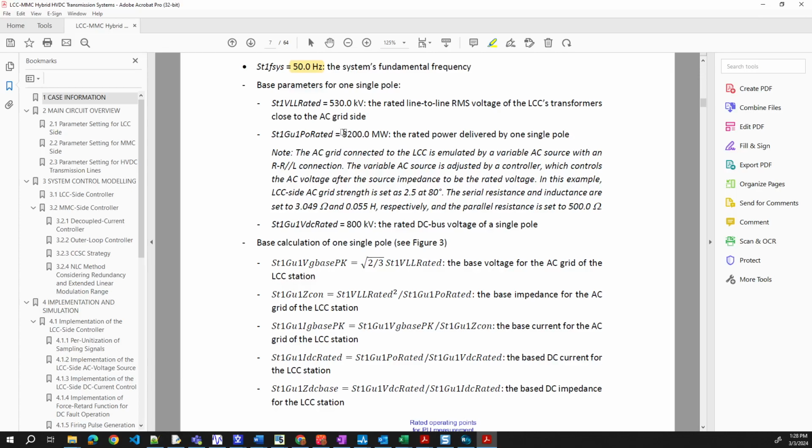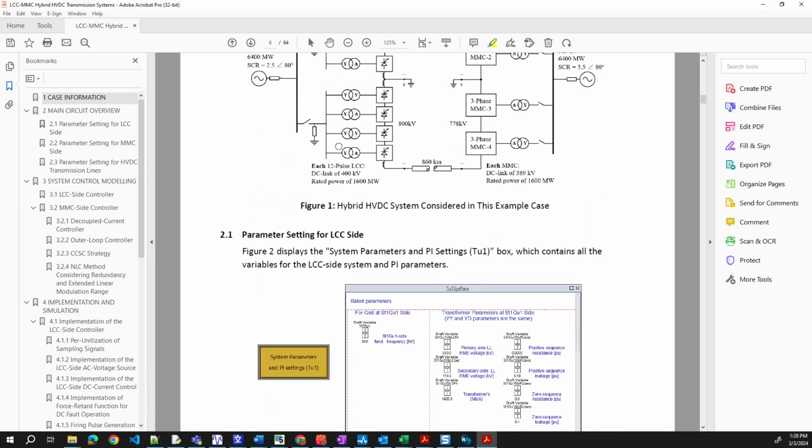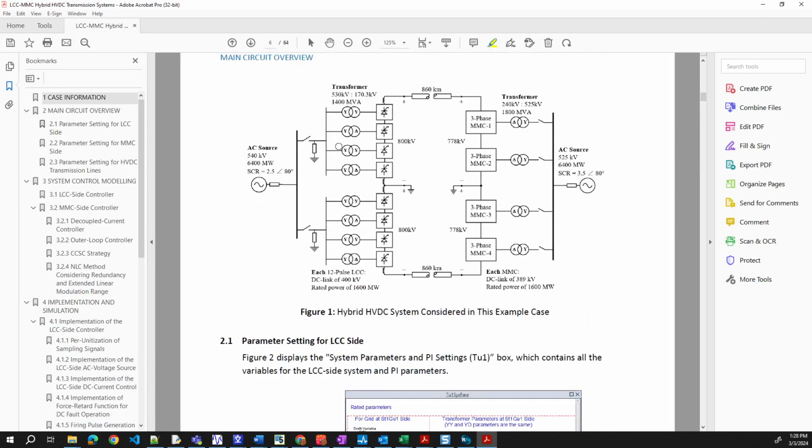So this rated value, the power given on Singapore is this one. So that's 3,200. That's too much, that's a lot of power. I think that's for both, right?